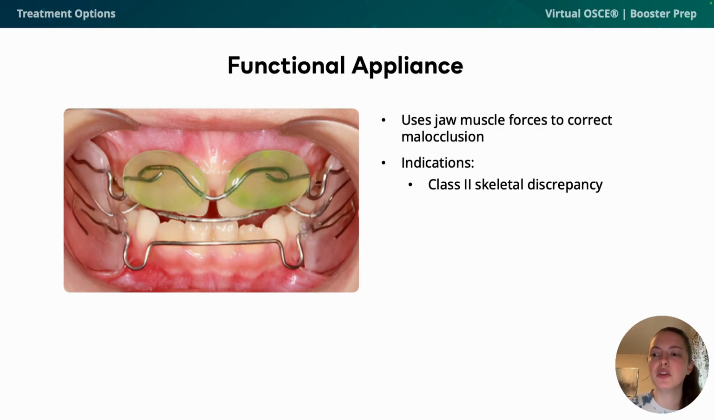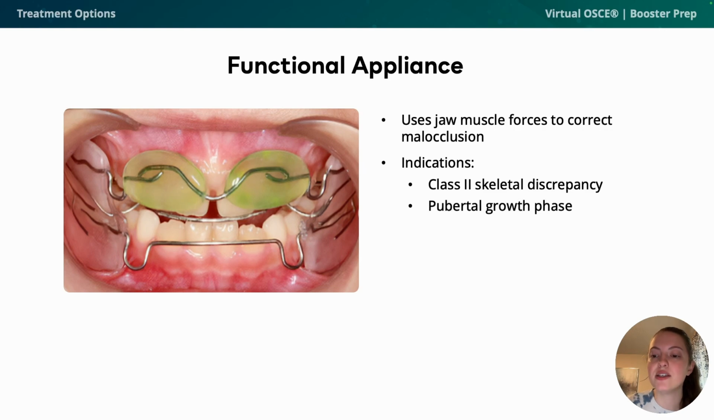Examples would include the Frankel, like you see here, that's removable. Other removable appliances include the twin block, the bionator, but there are also fixed options like the Herbst or Forsus. They will force the patient to posture the mandible forward, altering the muscles and soft tissue relationships to encourage occlusal changes. And because we are hoping for the best skeletal response as well, this needs to be done during the